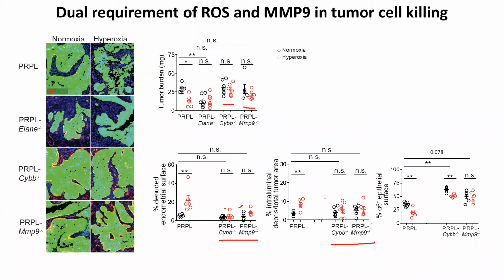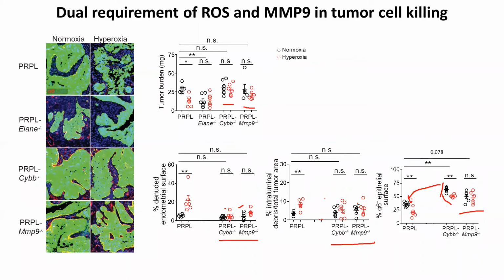Similarly, we didn't find any change in alpha-6 staining in PMN MMP9 mice, and although there is a significant decrease in alpha-6 staining in PMN CYBB mice, the baseline is so high compared to the normoxia baseline